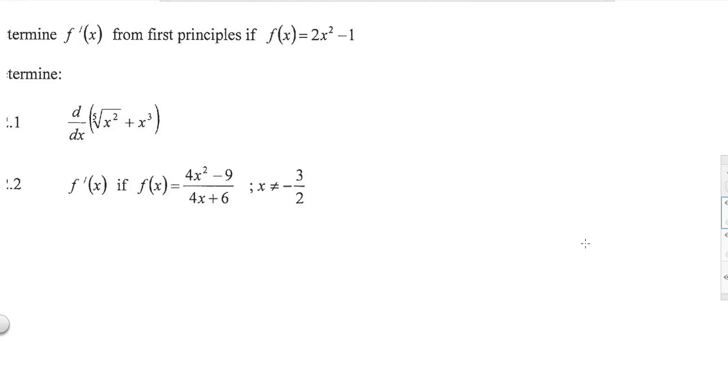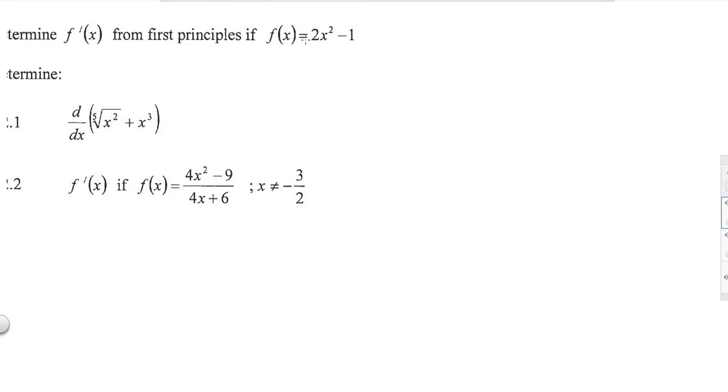All right, now we are going to do derivatives or differentiation again. Now you can see here it says "determine", but don't worry, it means determine. Now the first question we see, they say determine f prime, which means f prime of x from first